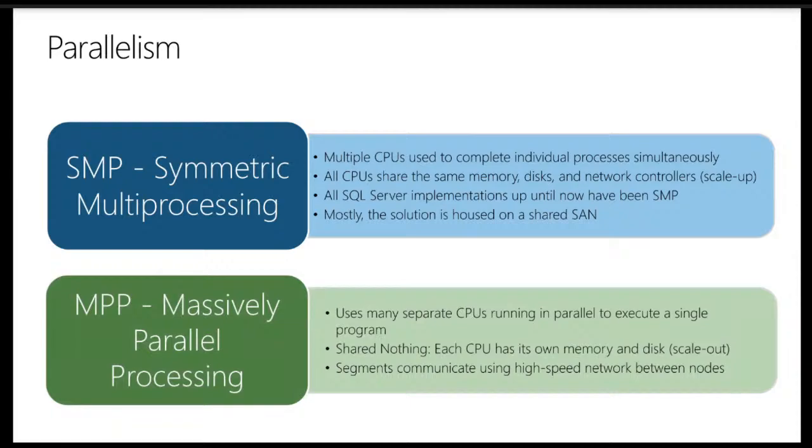The alternate approach, used in things like IBM's Netezza database, is parallel processing, massively parallel processing, or what is called MPP. This uses separate CPUs for running the processes in parallel. The same single program gets distributed across multiple nodes, and you get a shared-nothing architecture where each CPU has its own memory and its own disk, and you can scale out. If you have to add more firepower, instead of adding more CPU and RAM, you add more nodes to your cluster or setup. This is a similar concept to what is used in Hadoop as well.